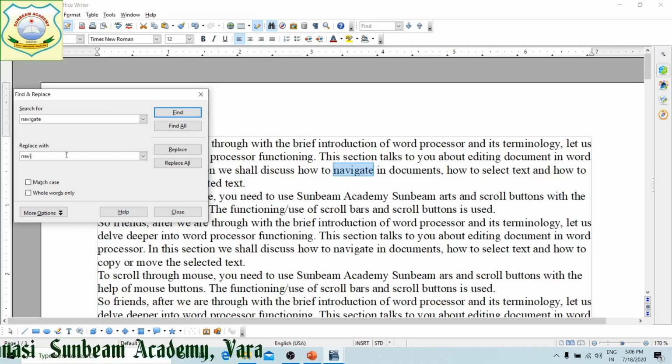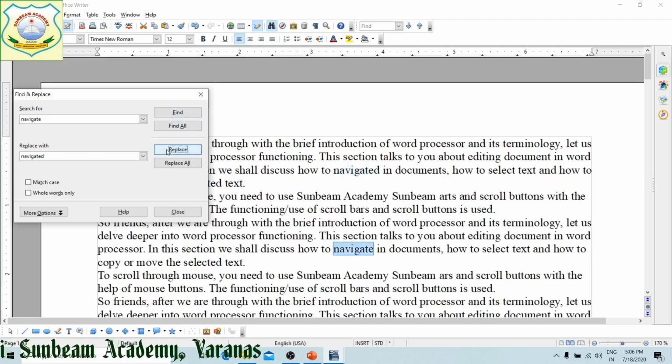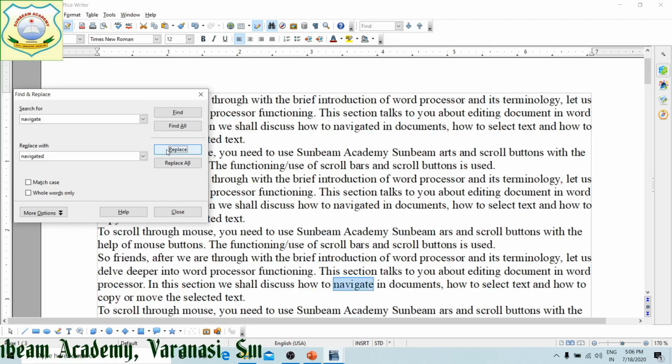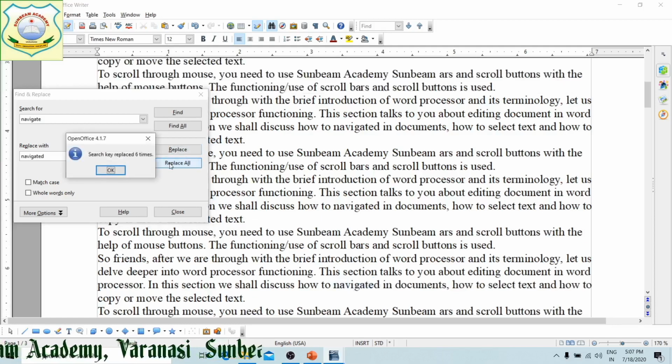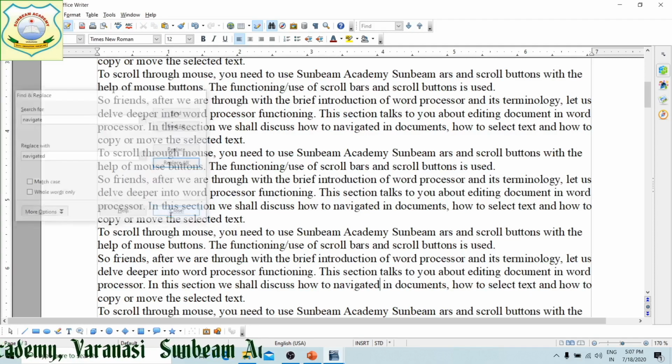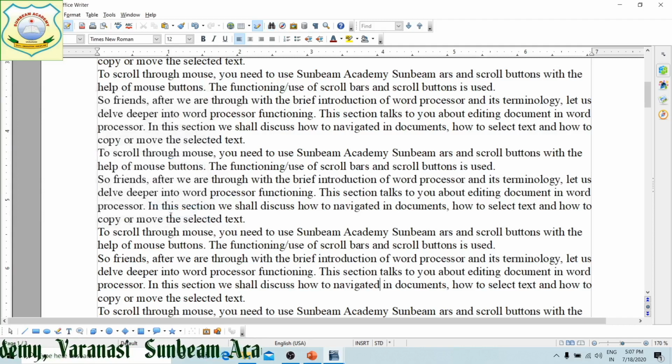Navigated, right? Navigated and replace. Now you can see the next navigate it has found. It also you want to replace, click on replace. All replace you want, replace all. All the navigate has been converted to navigated. 6 items were there, right? This is find and replace.